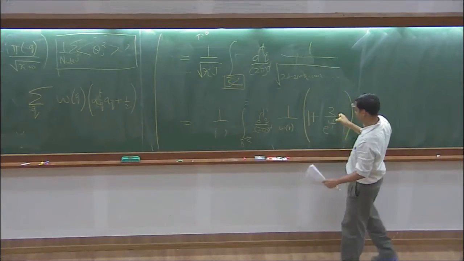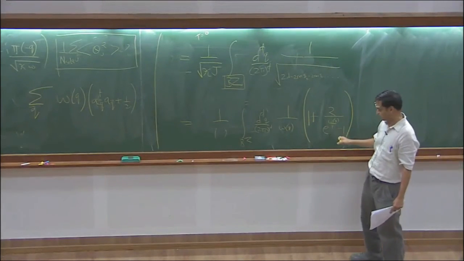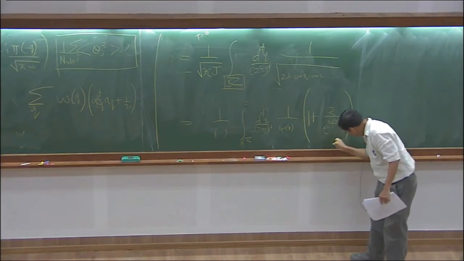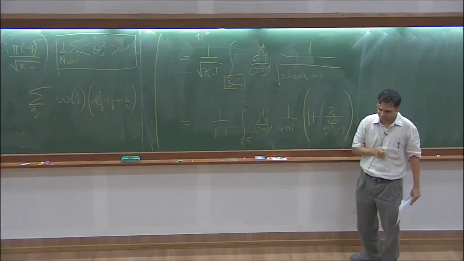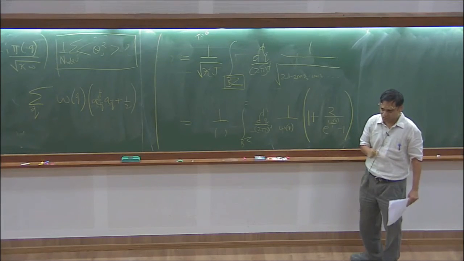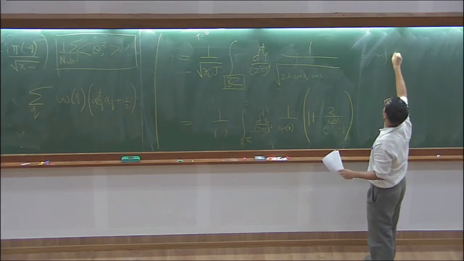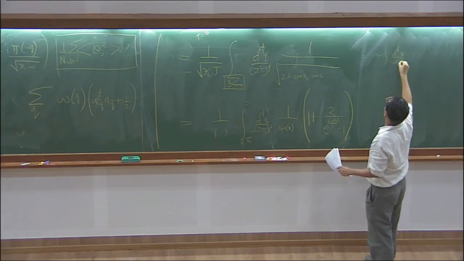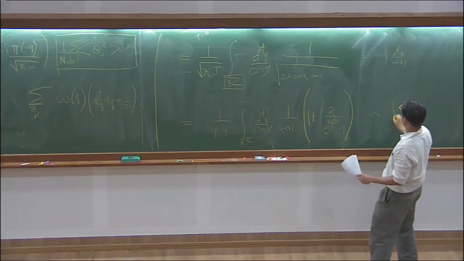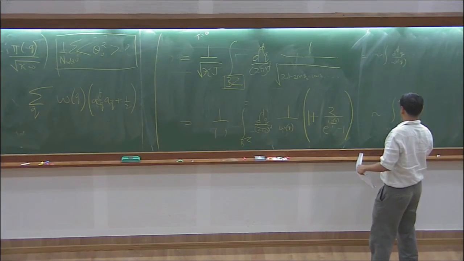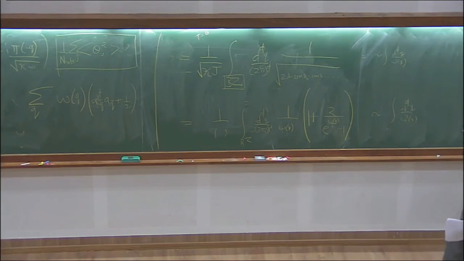But you see, anytime temperature is non-zero, this gives another 1 over omega q. So at any non-zero temperature, it's worse. So this is like doing the integral d^d q over omega q, and this is like doing the integral d^d q over omega squared q. Okay, very good. So now you can see that you're in bad trouble.